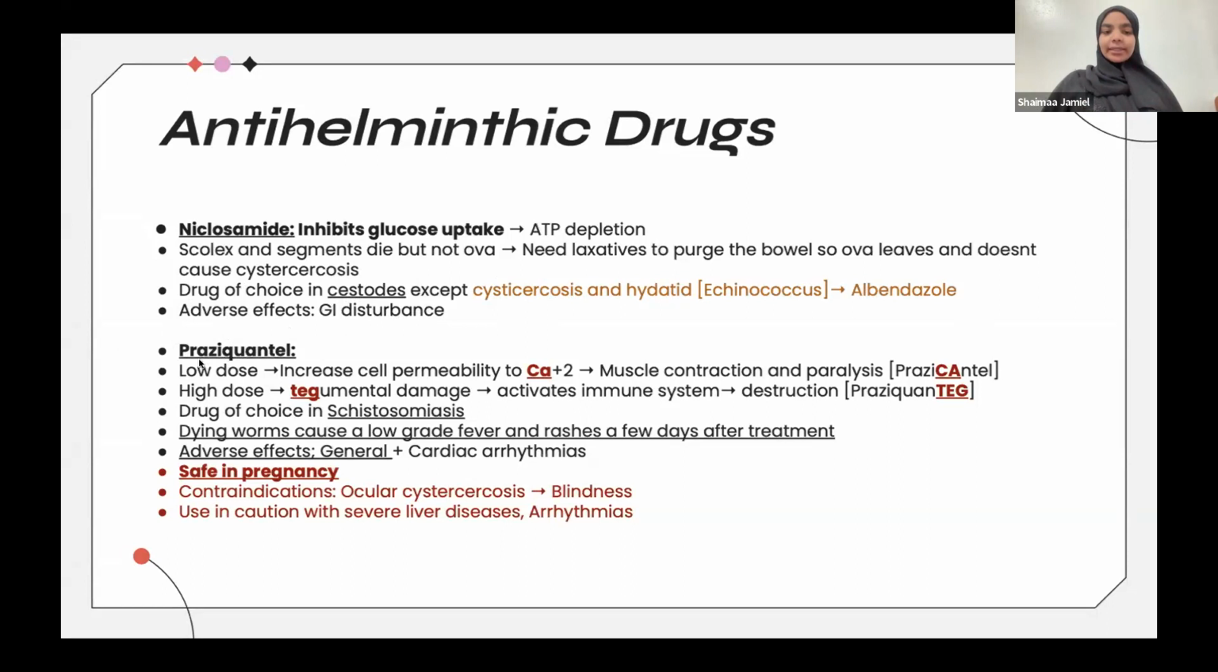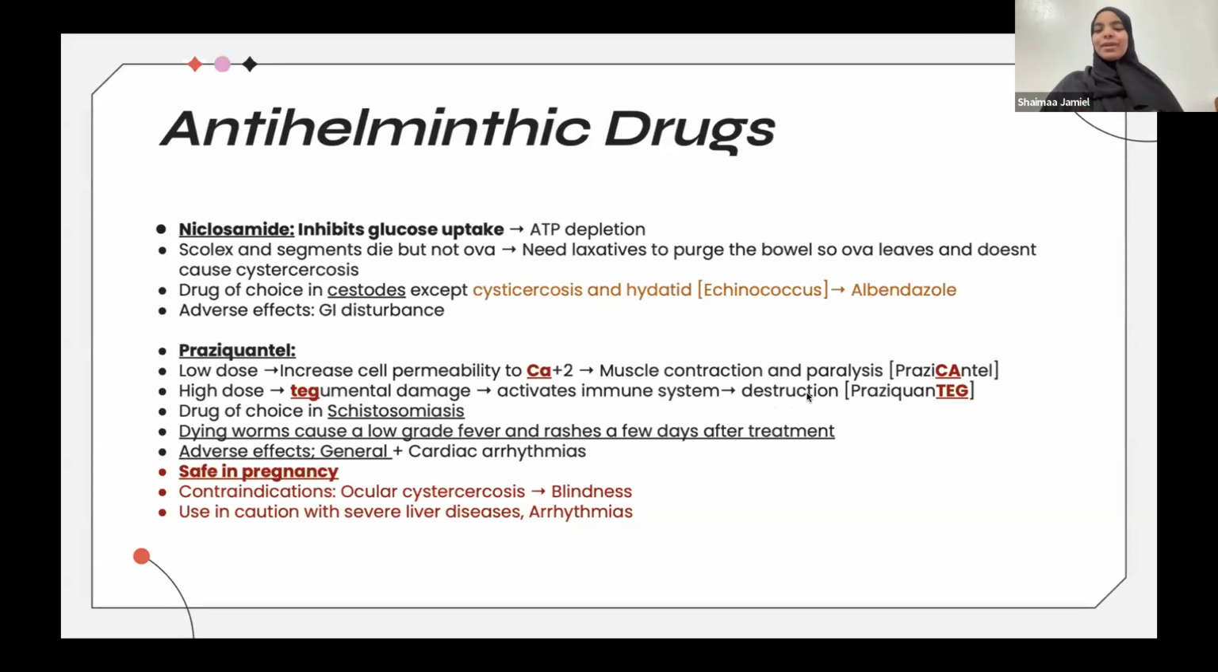So praziquantel is a drug that has two mechanisms of action. At low doses, it's going to increase the cell permeability to calcium, leading to spastic paralysis, basically. And maybe you can represent the "Qua" with Ca, so praziquantel, Ca for calcium, okay? And at high doses, it causes tegmental damage. I tried finding what tegument is, but I'm not sure exactly what it is. But basically, when it causes the damage to this tegument, this is going to activate our immune system to destroy